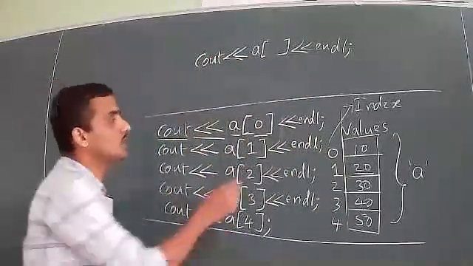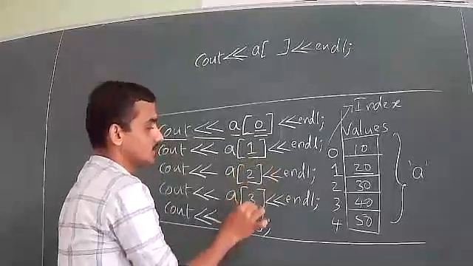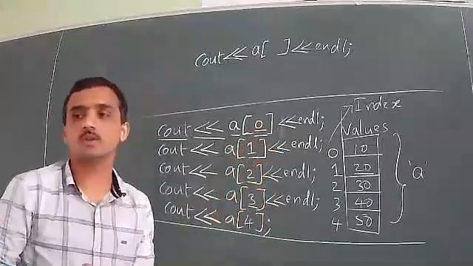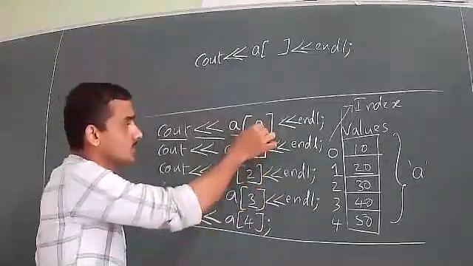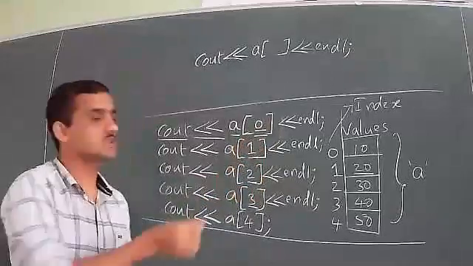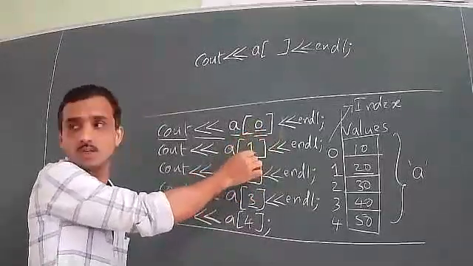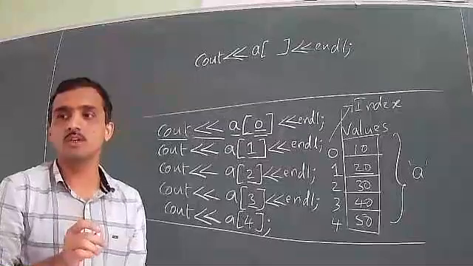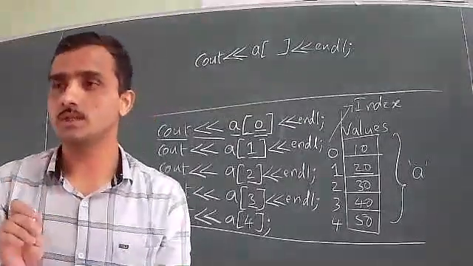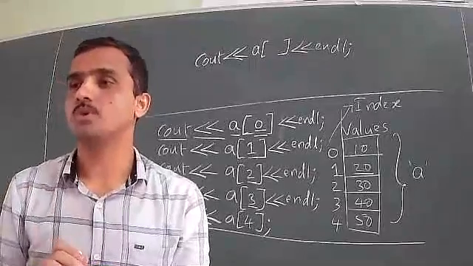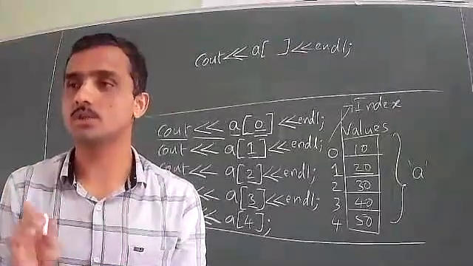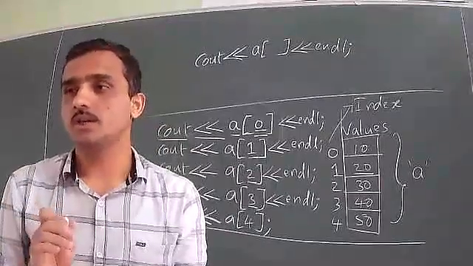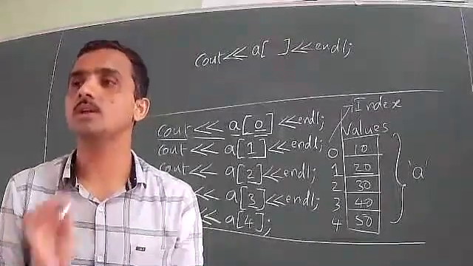See, if you just look at the values you have written in the square brackets, that is the index value: 0, 1, 2, 3, 4. You just observe whether it is changing or not. In the first statement it is 0, in the second statement it is 1, the third statement it is 2, and so on. So it is changing. It is not constant. Whenever the values are not constant, that is nothing but a variable. If the value is constant throughout the program, then we say the identifier is a constant. If the values are changing, that identifier is nothing but a variable.